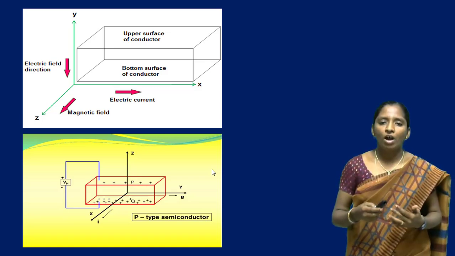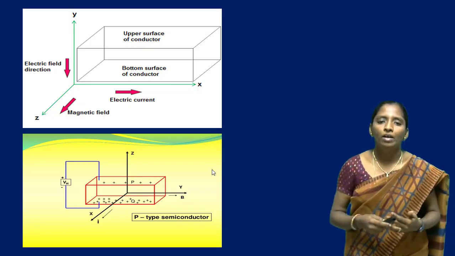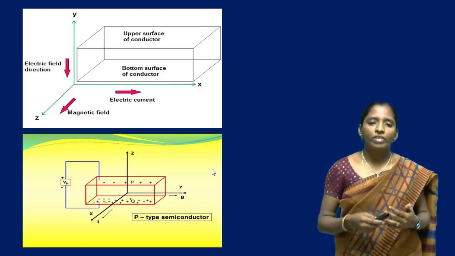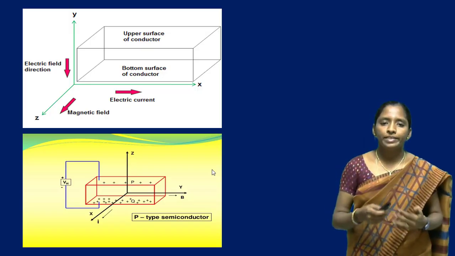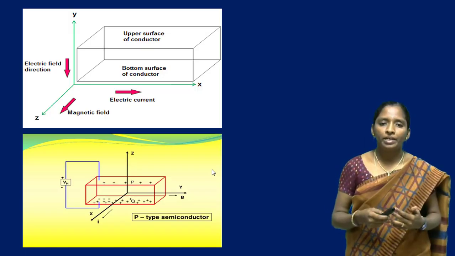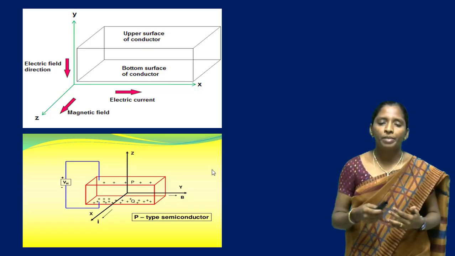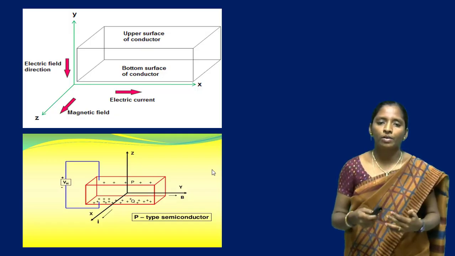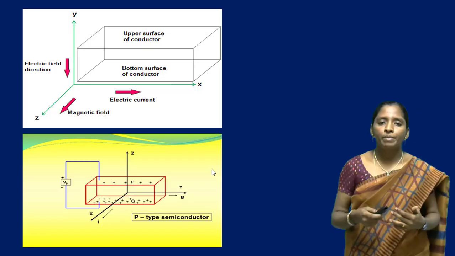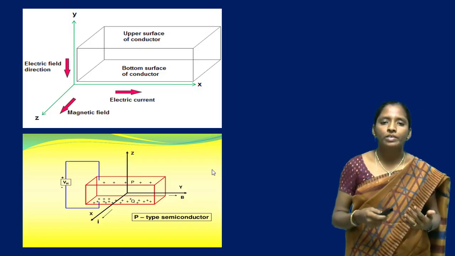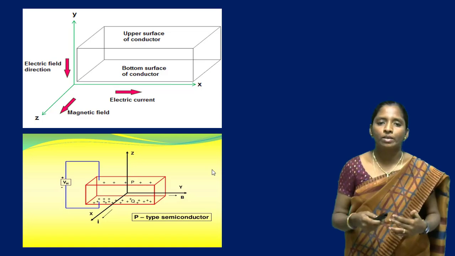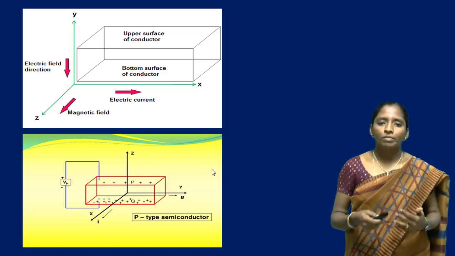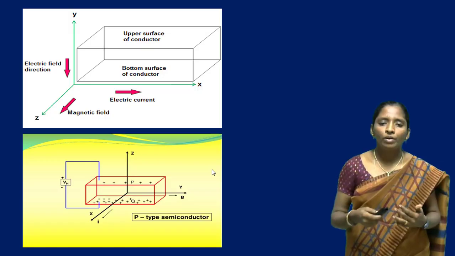What is the application of the Hall effect? According to the classification of materials, we know semiconductor materials: a p-type semiconductor has majority charge carriers that are holes and minority charge carriers that are electrons. And in an n-type semiconductor, the majority charge carriers are electrons and the minority charge carriers are holes. We know what a p-type semiconductor material is and what an n-type semiconductor material is, but we can't find out